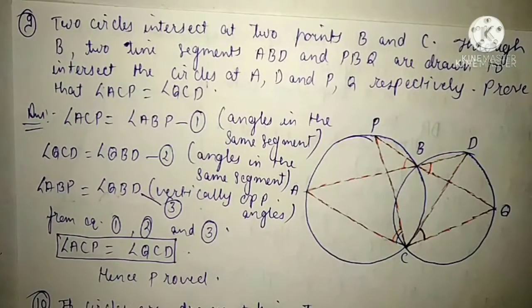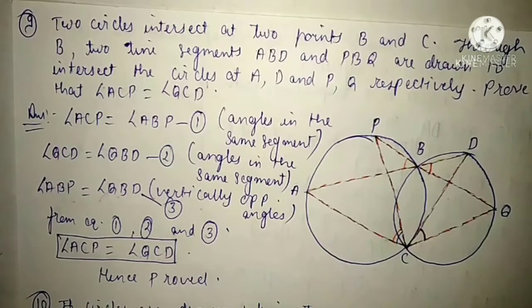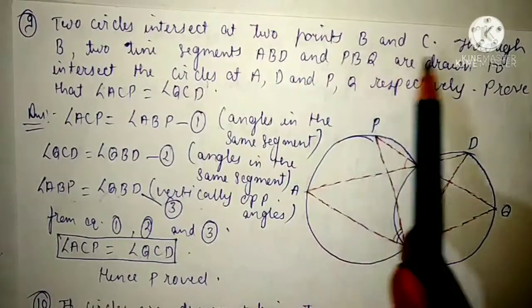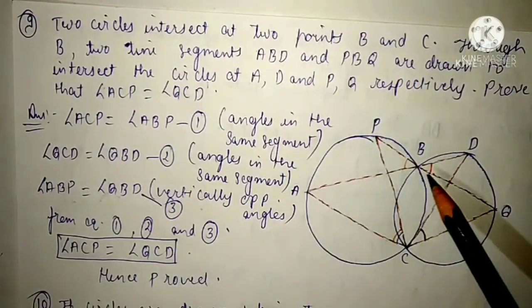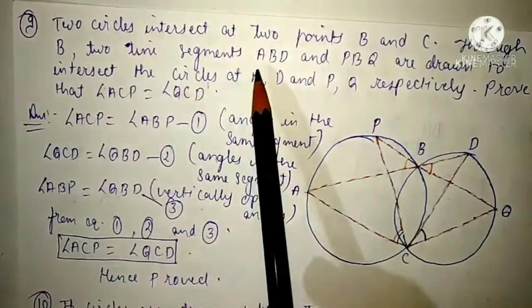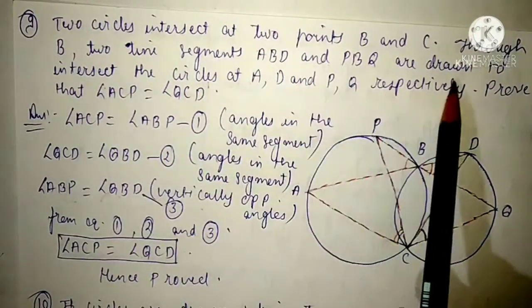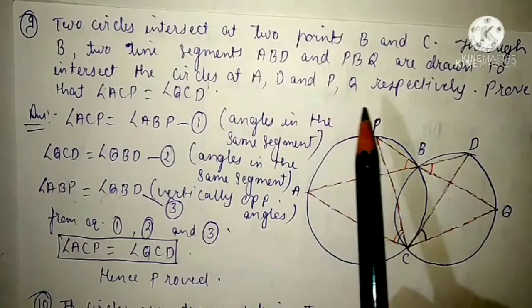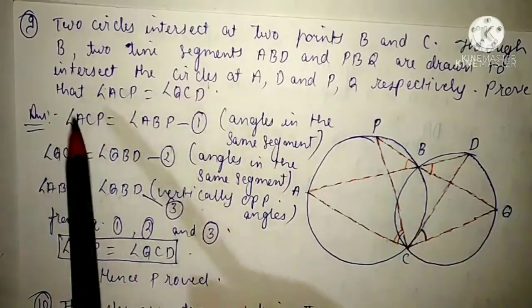Now see question number 9 of exercise 10.5. Two circles intersect at two points B and C. Through B, two line segments ABD and PBQ are drawn to intersect the circles at A, D and P, Q respectively. Prove that angle